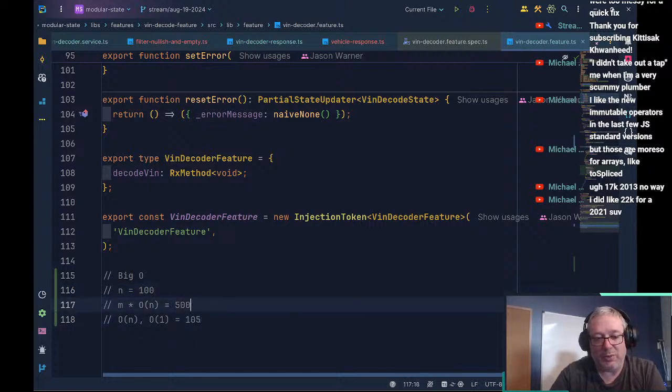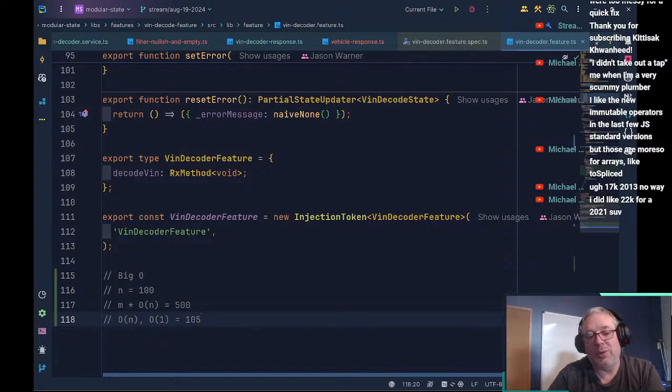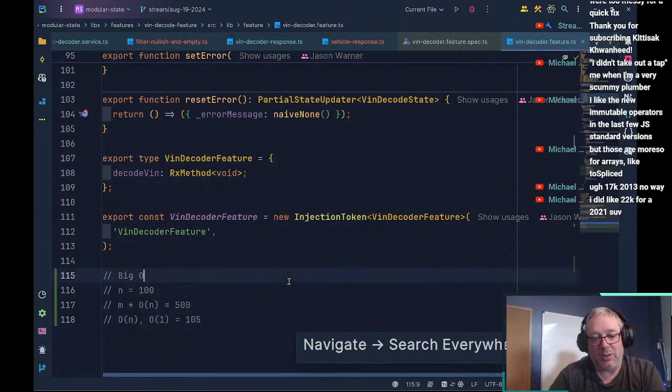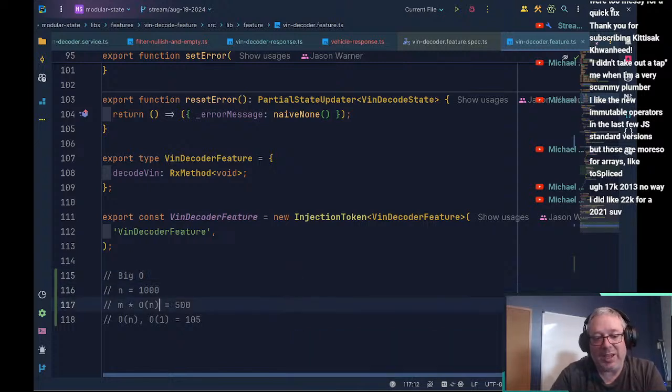Well, actually it's 105, right? And so now we're not at 4.5, we're getting closer to 5 times faster, right? And as it gets up into 1,000, this becomes 5,000, and this becomes 1,005. So we are staying fairly linearly the same, but